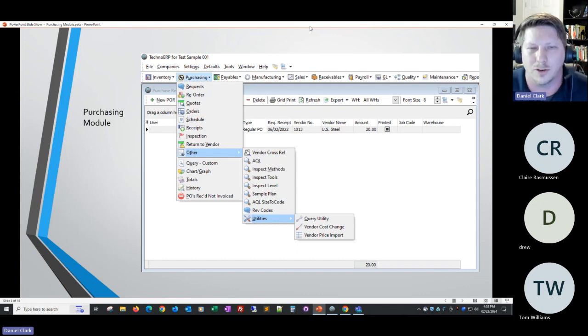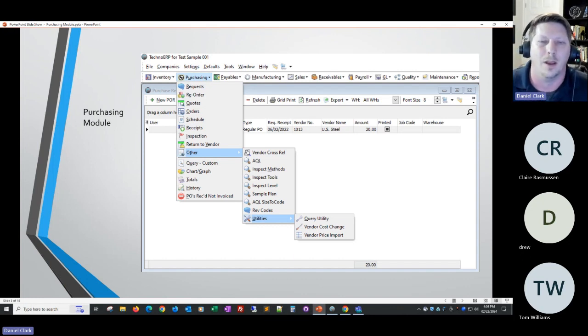We've got a vendor cross-reference screen we added for being able to look at all those together. You know, when you right-click on an item, you can look at its specific cross-reference parts, but this is a list that shows you everything. And then all these with the magnifying glass relate to inspection. And there's some setup that can be done there depending on what level of inspection you do. And if you want to record tolerances and what that measurement was and the variance and all that, we've got